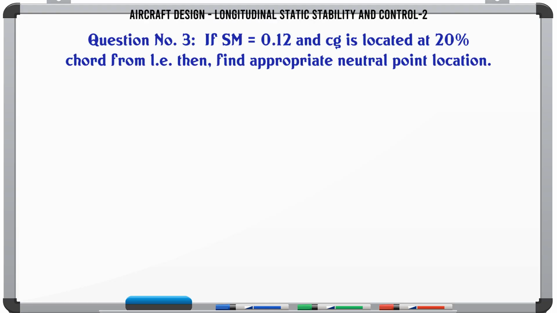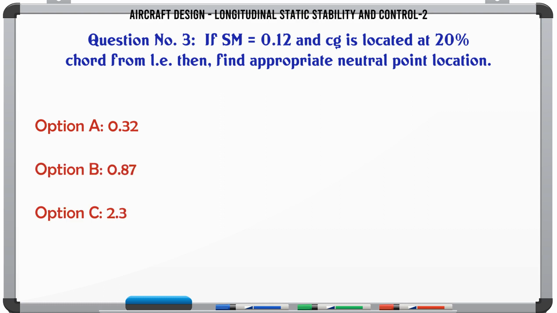If SM is 0.12 and CG is located at 20% chord from the LE, then find the appropriate neutral point location. A: 0.32, B: 0.87, C: 2.3, D: 1.54. The correct answer is